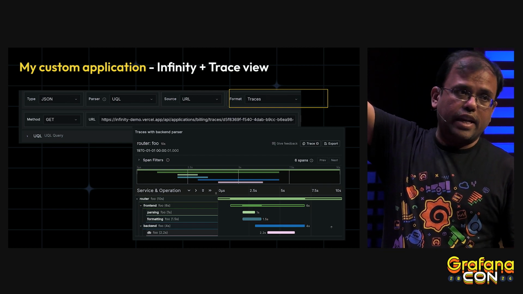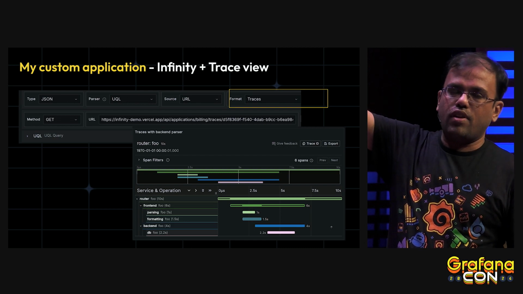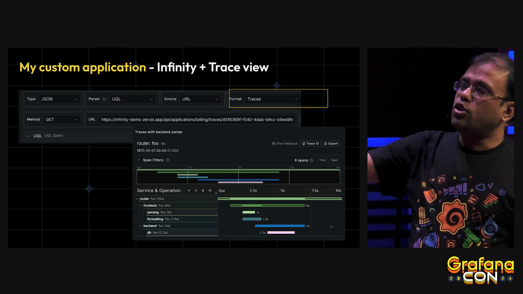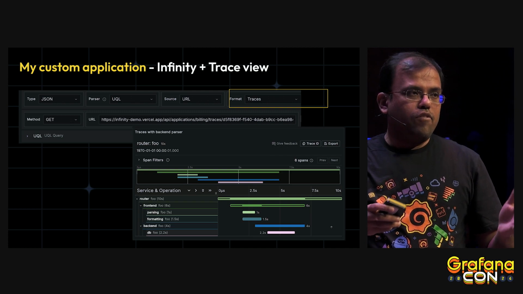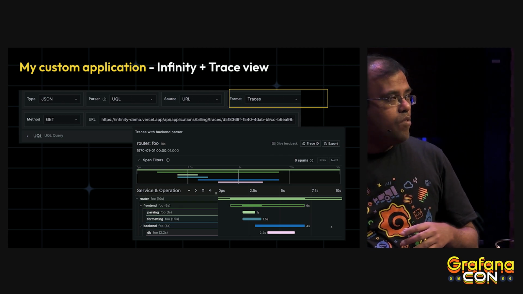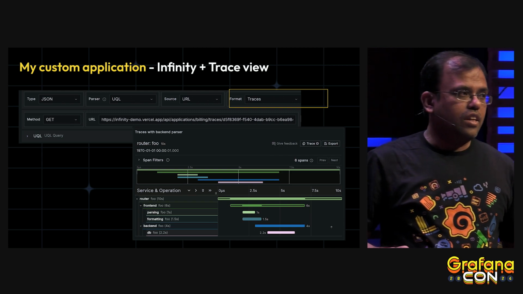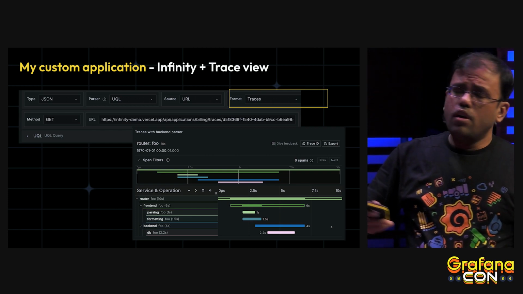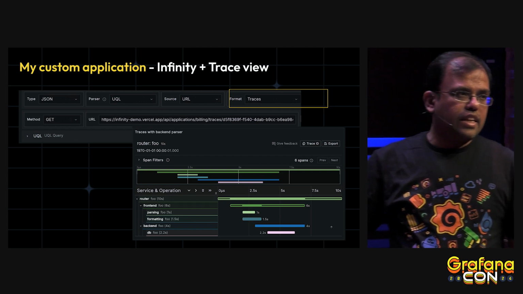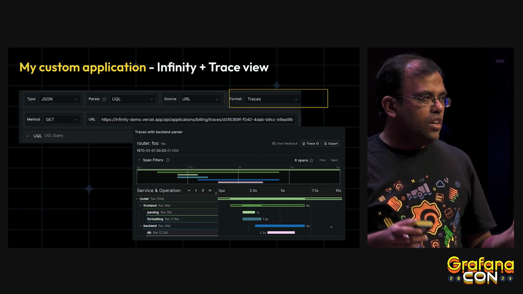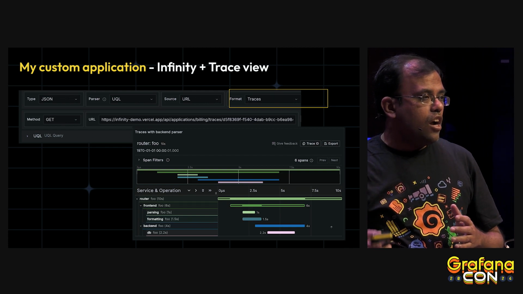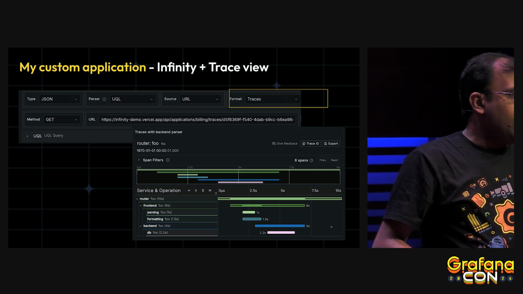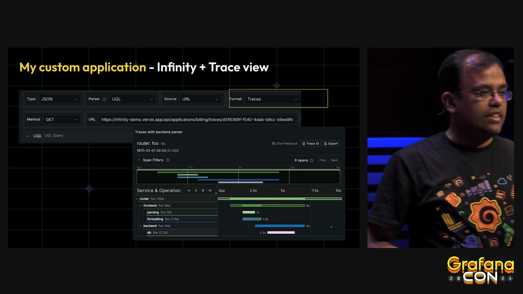As you see, I'm selecting the format as traces instead of logs. This transformation from logs to traces is done via the Grafana correlations feature, which we announced last year. These two slides are here to show that Infinity not only visualizes data, it also interacts with other Grafana elements such as logs, traces, and correlations.